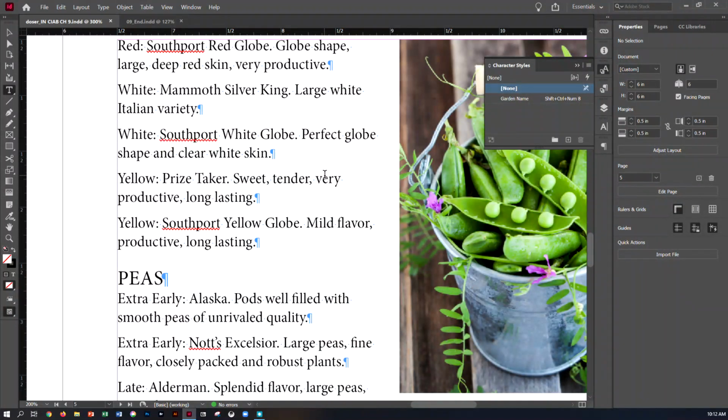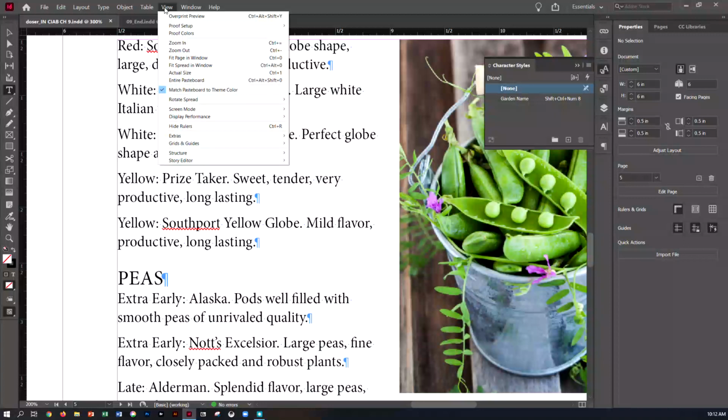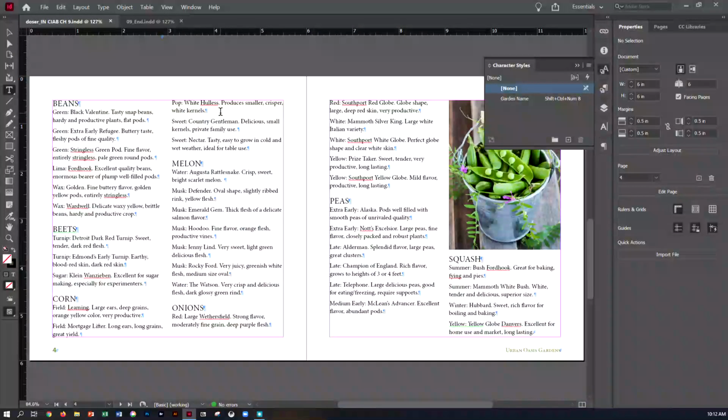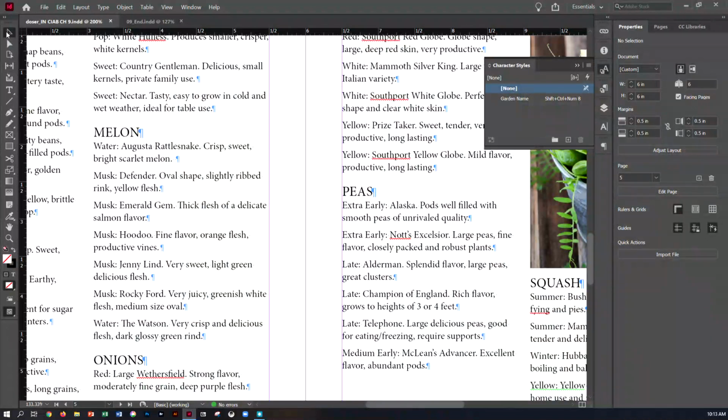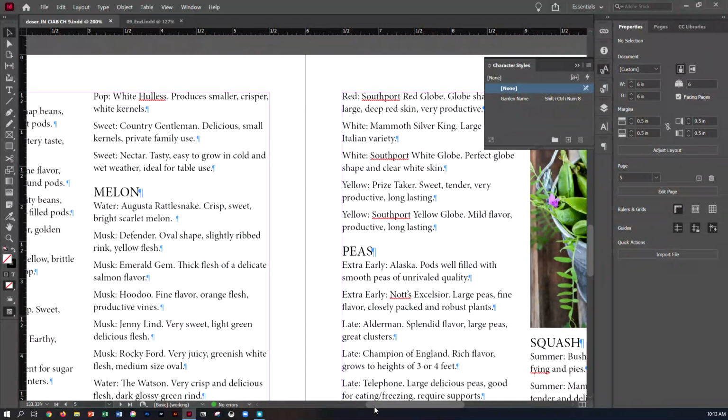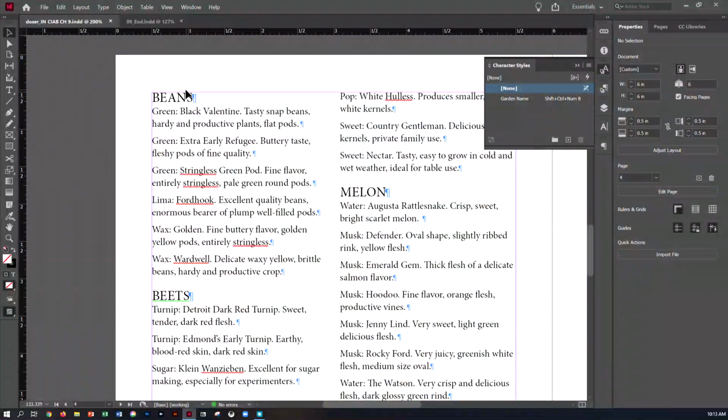So let's do our View, Fit Spread in Window, so we can see both pages side by side. We should be able to see beans right here with the green black Valentine. I'm scrolling just a little bit to make it a little bit easier. Okay, so I'm in my green black Valentine. The colon separates the variety and the name, and the period appears after the description. So let's use our type tool